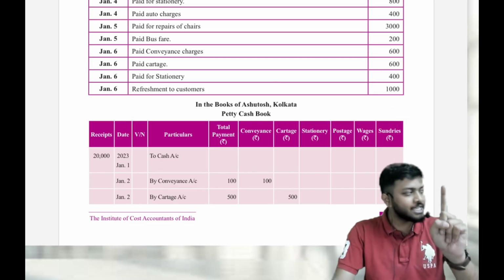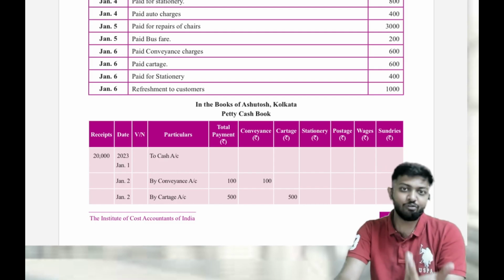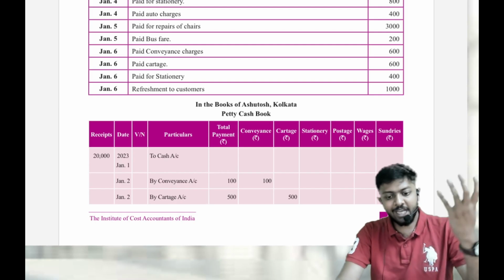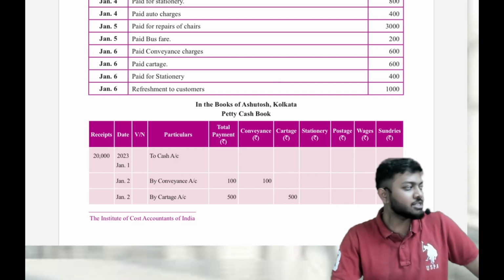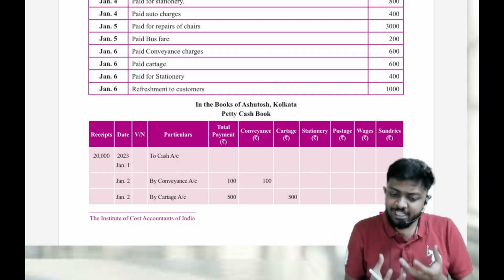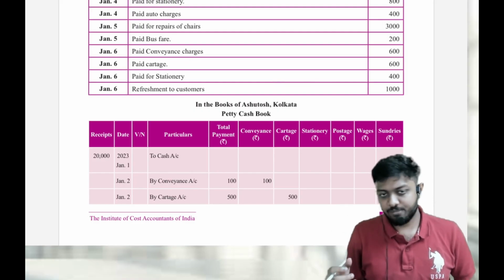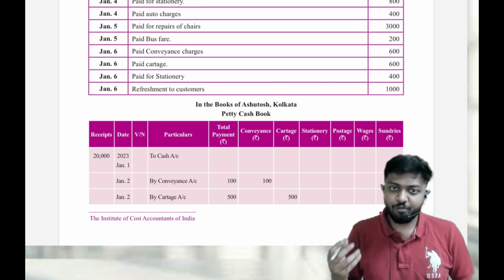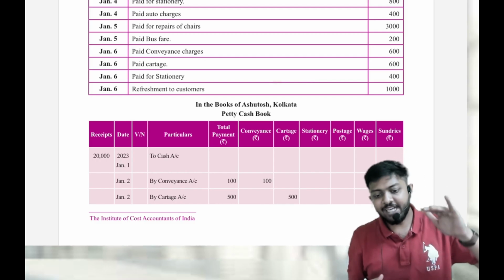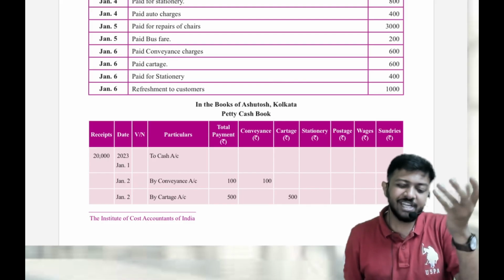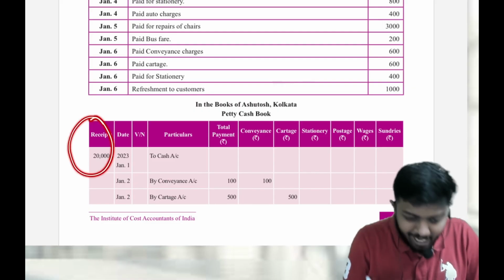Sir, why only one column for receipts? Guys, petty cash is used for petty expenses. Every time petty cash gets a refill from the main cash which is there in the entity. The main cashier gives some money, say 10,000, to the petty cashier. The petty cashier will spend that money and incur all the petty cash expenses. Say out of 10,000 he has spent 4, remaining is 6. Again next day the main cashier refills and makes it 10,000 again. So the one and only source of receipt generally for petty cash is the cash they get from the main cash account. That is why we have only one receipts column.